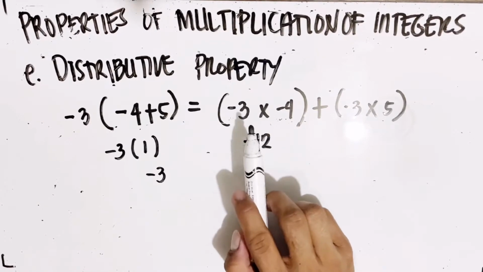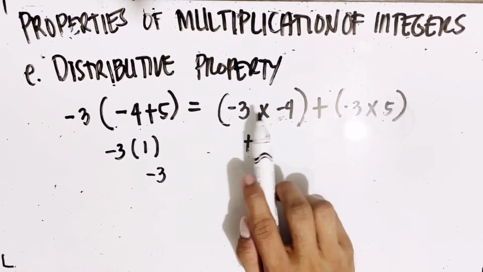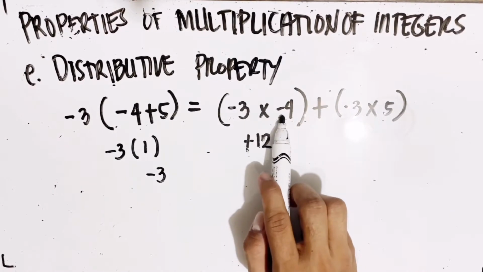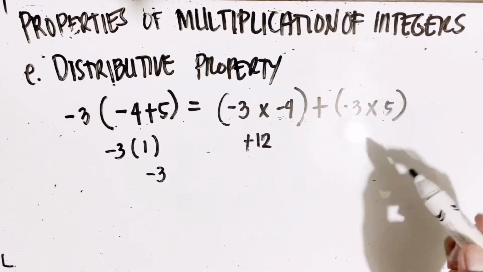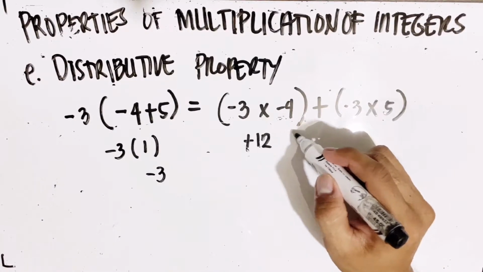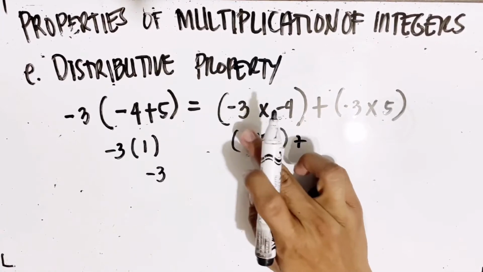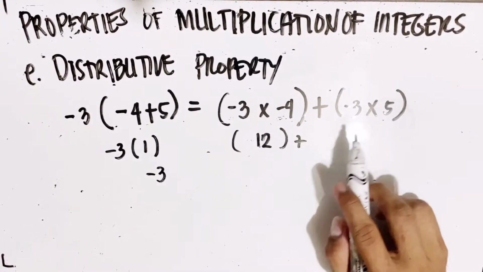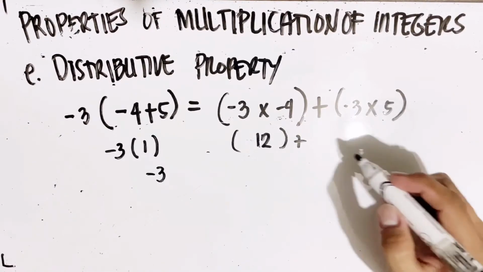Because you multiplied like signs. Like signs, which is negative times negative, will result to a positive number. Plus, so that's a positive 12, plus negative 3 times 5, that is equal to